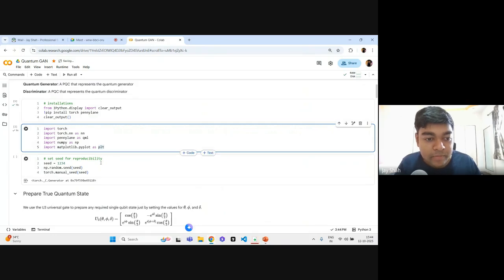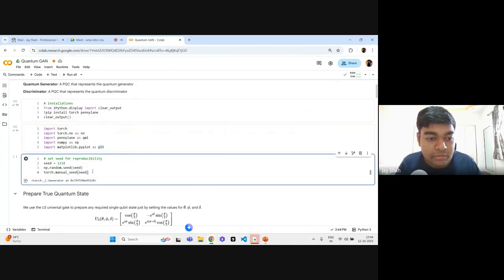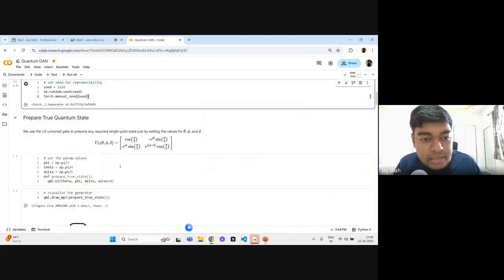Okay, it's done. And then I'll just set the seeds. Why? For reproducibility, right? So even if you rerun this Google Colab once I pass it to your organizing team, you will probably get the same. You'll still get the same results because the seed is set here. Okay, I'll just set the seed for both NumPy as well as PyTorch. And with that said, okay,